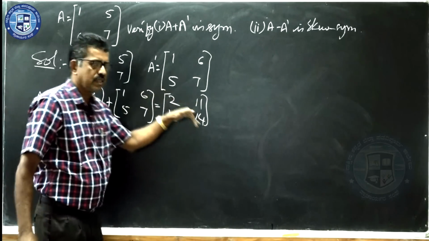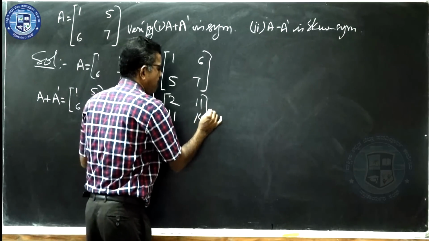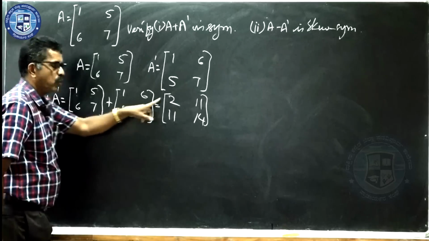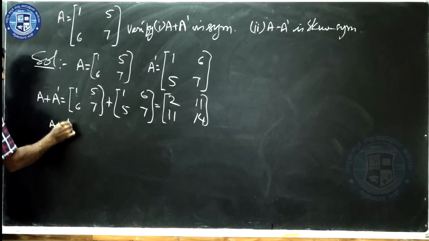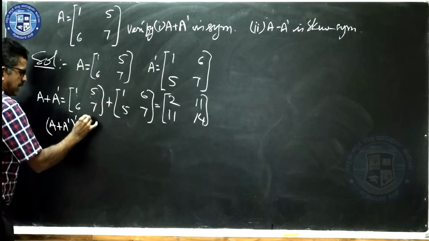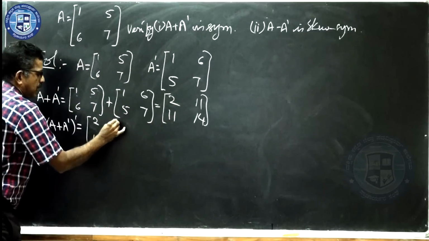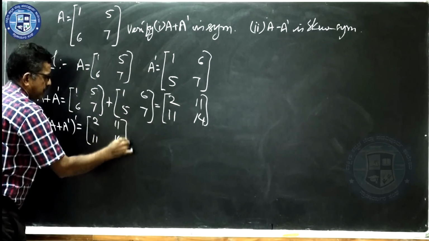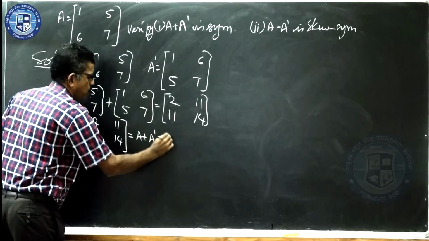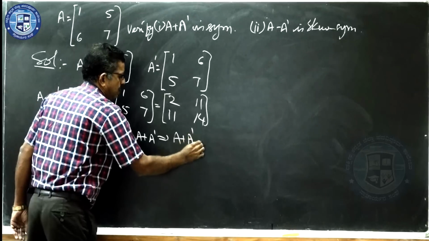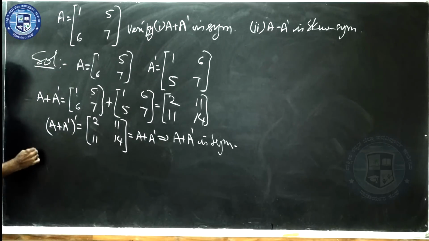Now, look at this: this is the main diagonal, and whether the other elements are equal. When you find the transpose of this matrix, will it be the same? I will find A plus A dash, its transpose. The transpose of this will be interchanging rows into columns and columns into rows. Do you find both are same? So, that is same as A plus A dash, which indicates A plus A dash is symmetric. This is the first part. Now, what is the second part?